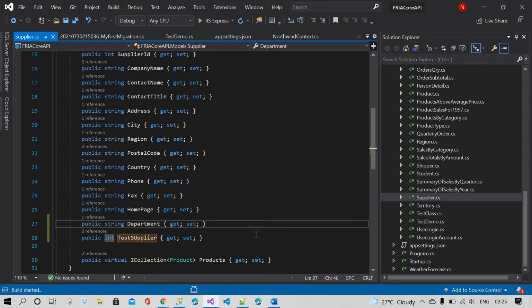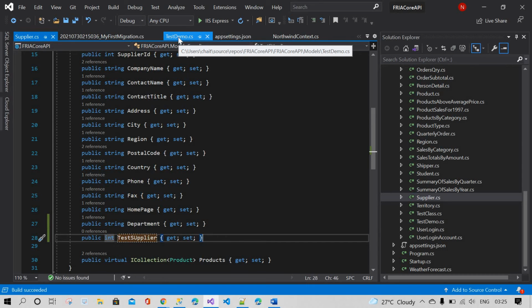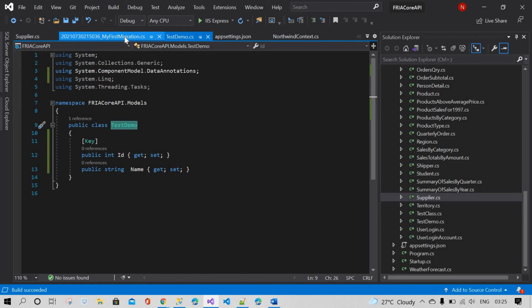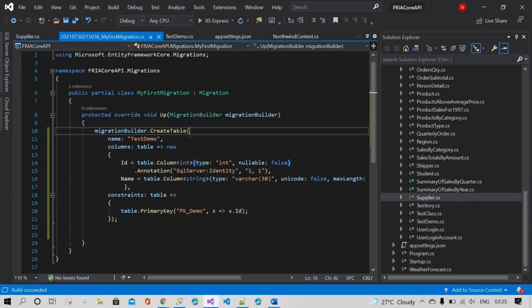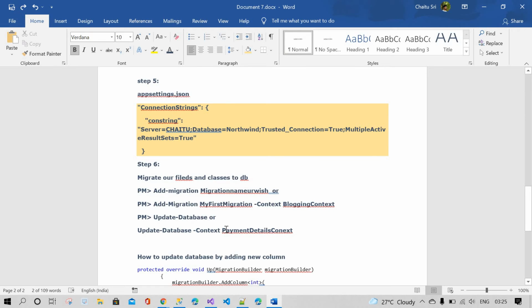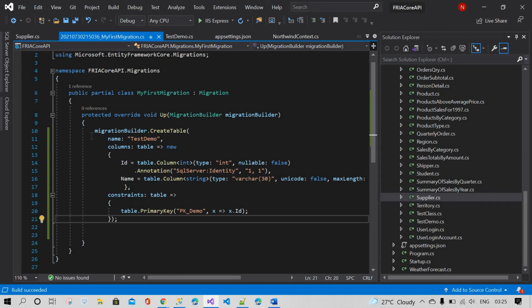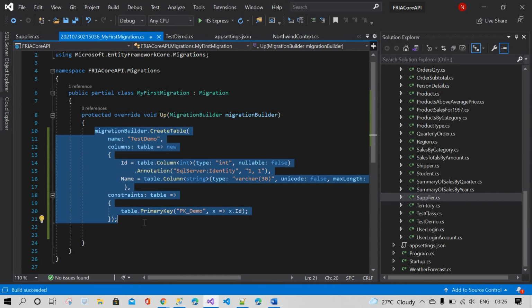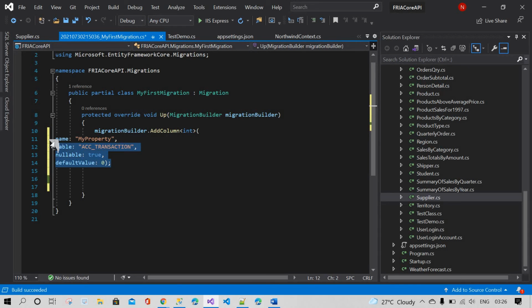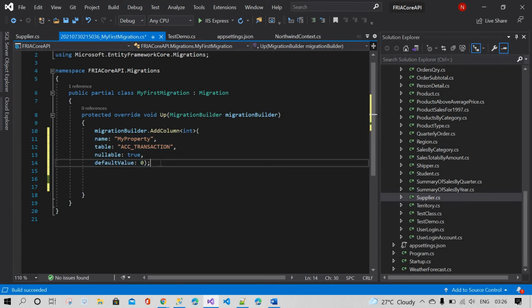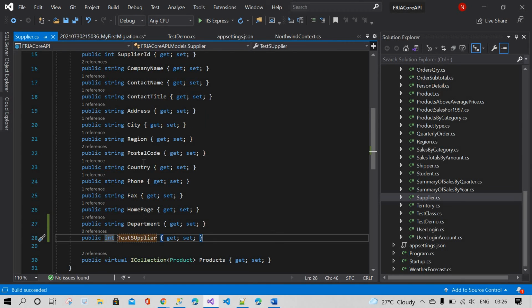Control Shift B. Copy this, Control V. And our column name is TestSupplier.